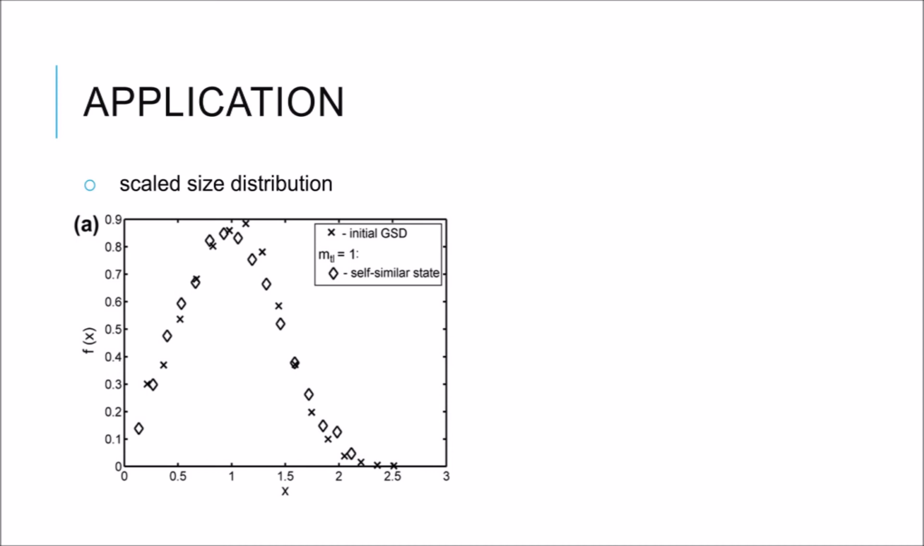So we can actually compare different samples of different sizes, and the integral under our curve is equal to 1. Then we can really compare different samples. What we see here, by the crosses, is our initial grain size distribution, and we see the self-similar state for normal grain growth, for the case where all our triple and quadruple junctions have the same mobility as the grain